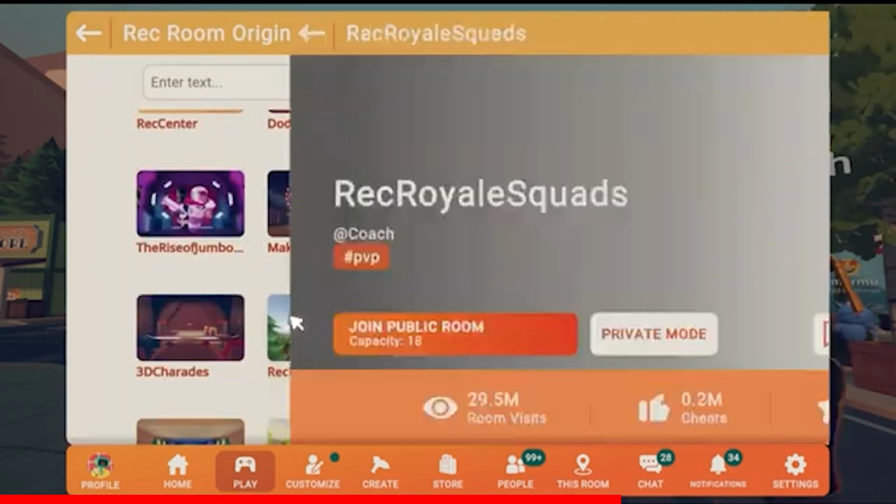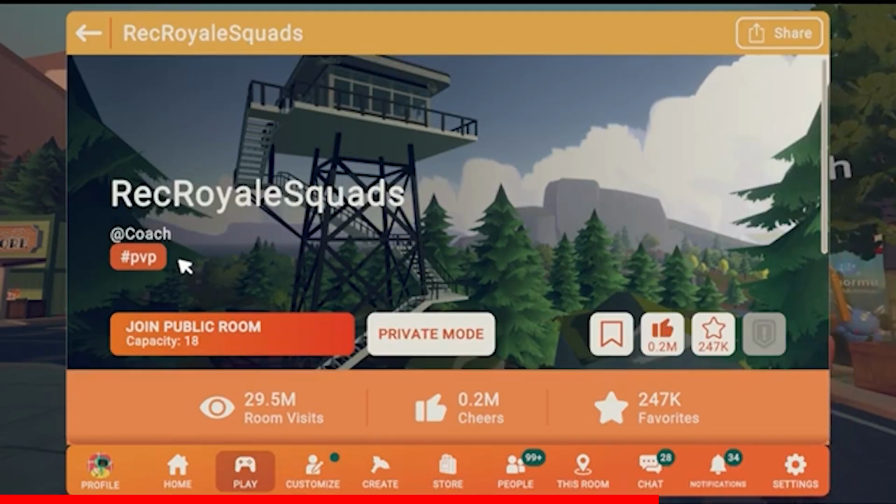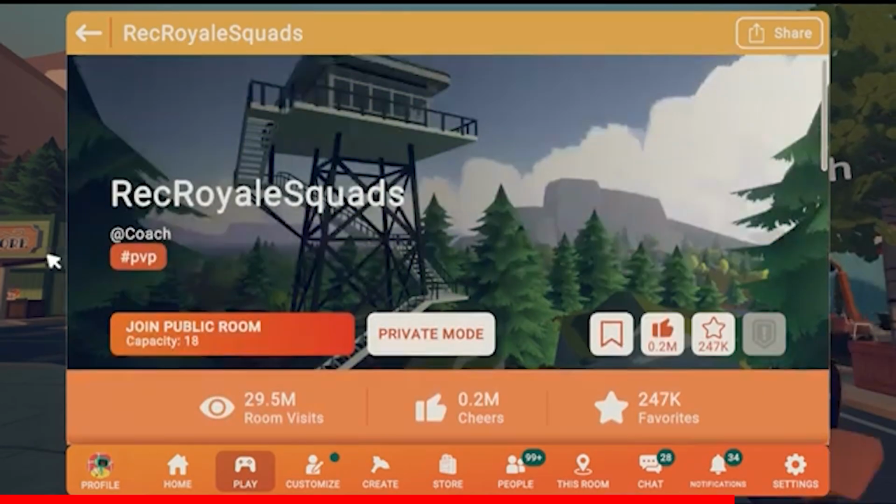Another example was Rec Royale, and they introduced this in 2018. The pass cost 1,000 tokens, which wasn't even a lot back then. But now they're saying that it hardly funded development costs for Rec Royale, when back then they were VC funded. But this game has not had an update in over 7 years, so yes, the money machine is eventually going